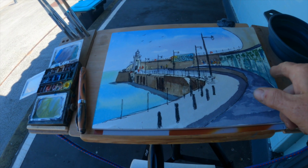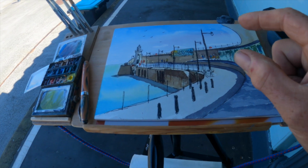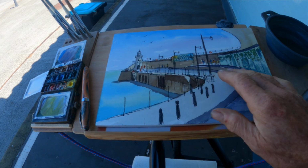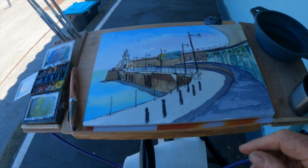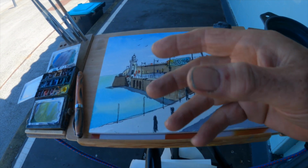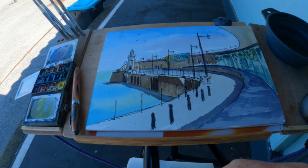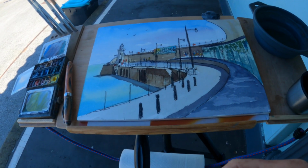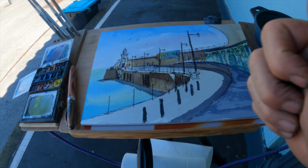I'm guessing this is probably only a 140 pound. I don't know. I must check that. But overall, it's performed well. There's a little bit of a ripple in it here. It's not too bad. It really isn't so bad. But I will let this dry up on the block before I take it off. And I can absolutely say wholeheartedly, hand on heart, that I'd recommend this paper. I shall be using it again, and I'll certainly use the rest of this pad,